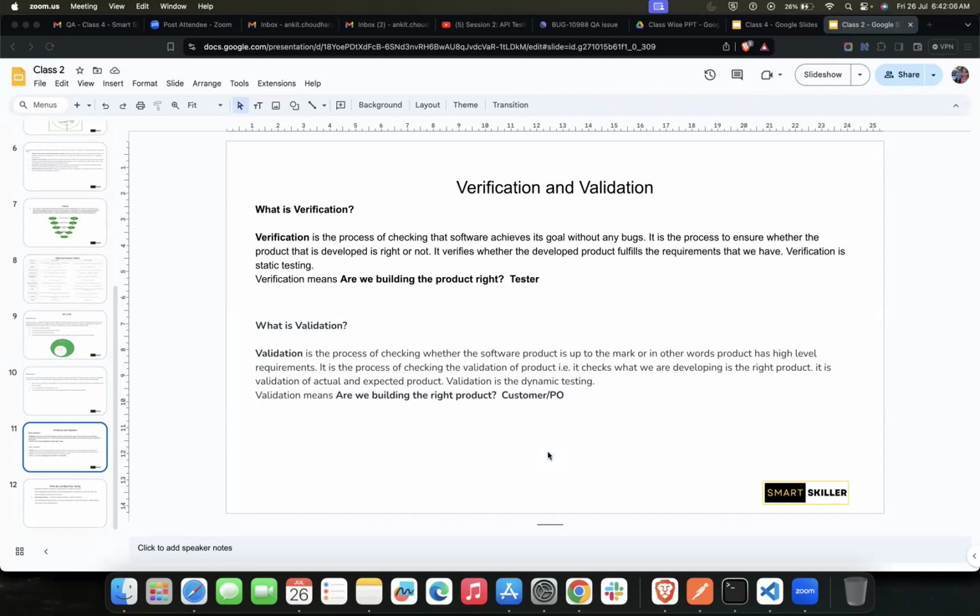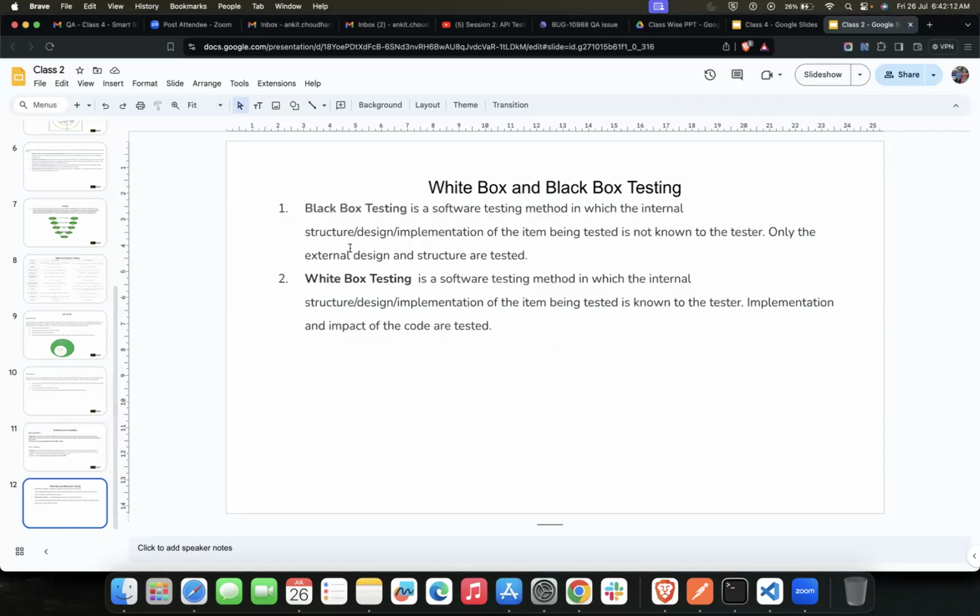Yes. Okay, good. Now we'll be moving towards the next topic, black box testing. As you guys correctly pointed out, in black box testing we do not see the code itself.